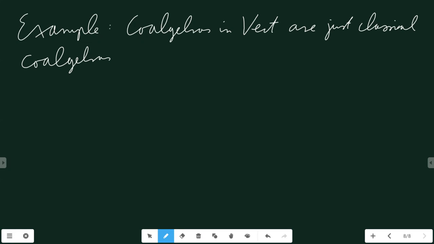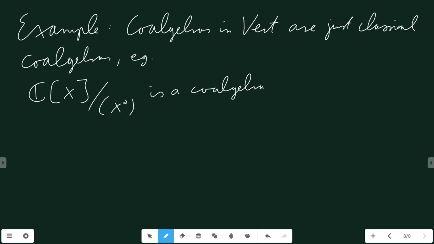For example, my friend here is actually a co-algebra with my two structure maps being the following: